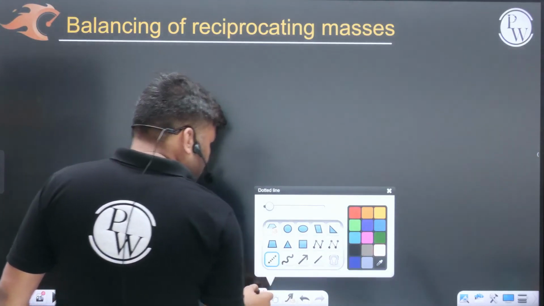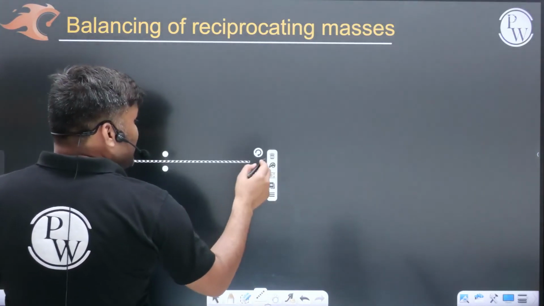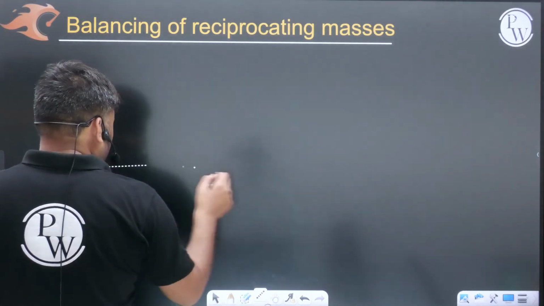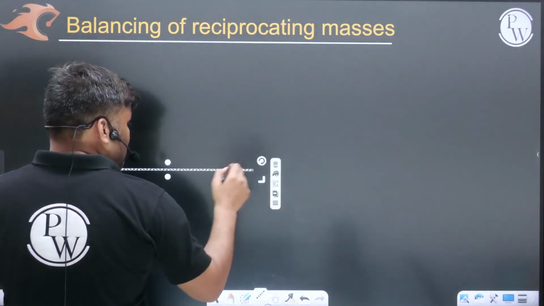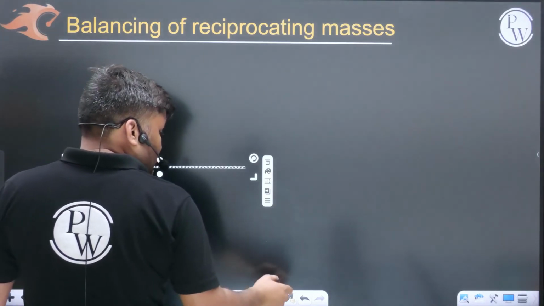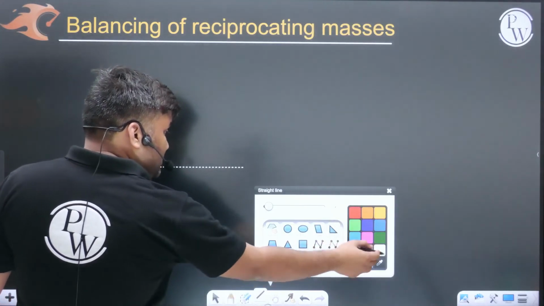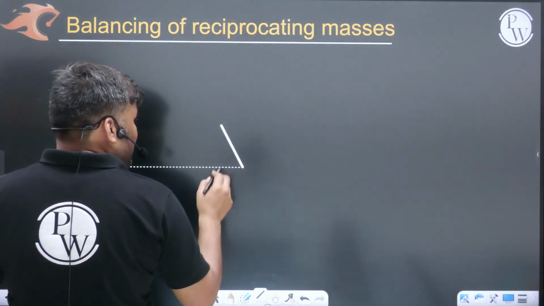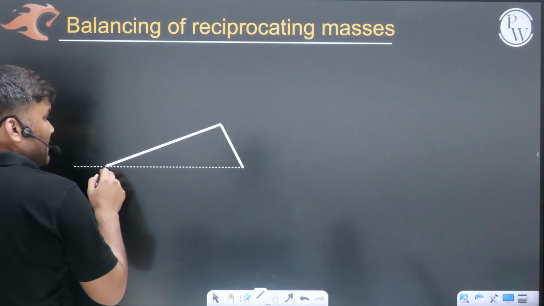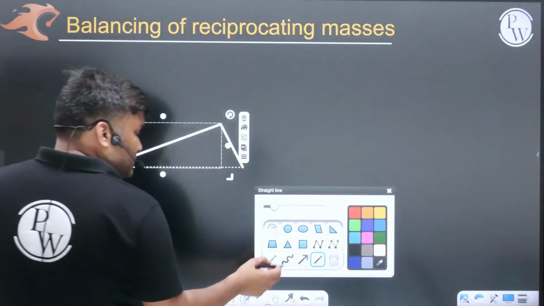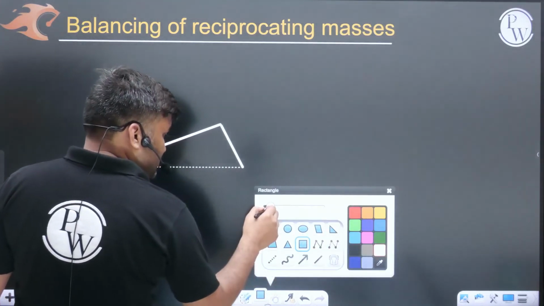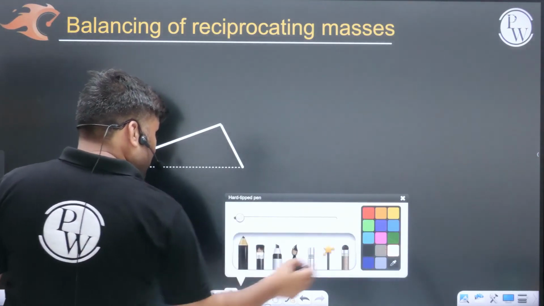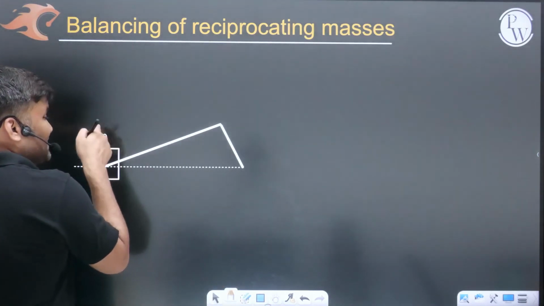Suppose, sir, reciprocating masses, how they can create unbalance? Let me show you that. Suppose this, what I have shown here, suppose this is a single slider crank mechanism. Engine की बातें कर रहे हैं. This is the crank, this is the connecting rod. This is your piston, very heavy piston, mass m का एक piston है. And this mass m वाला piston,